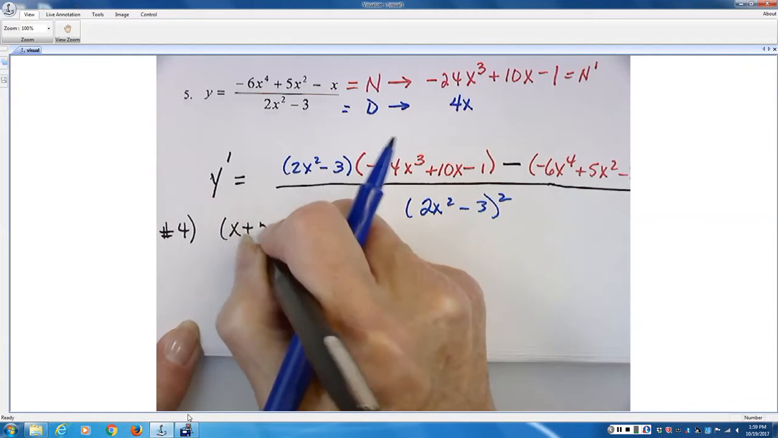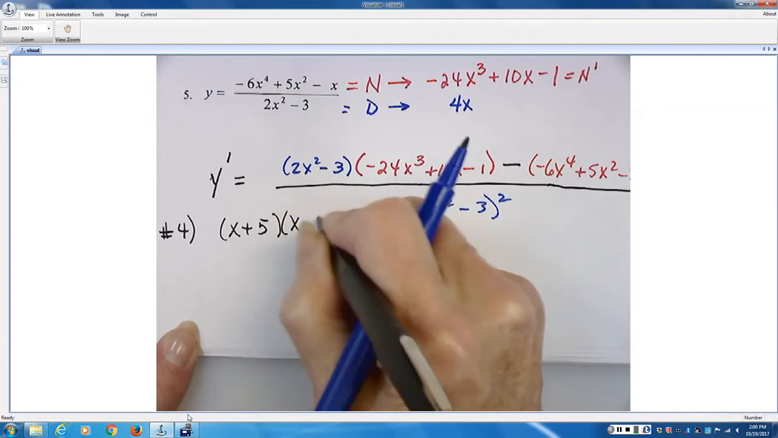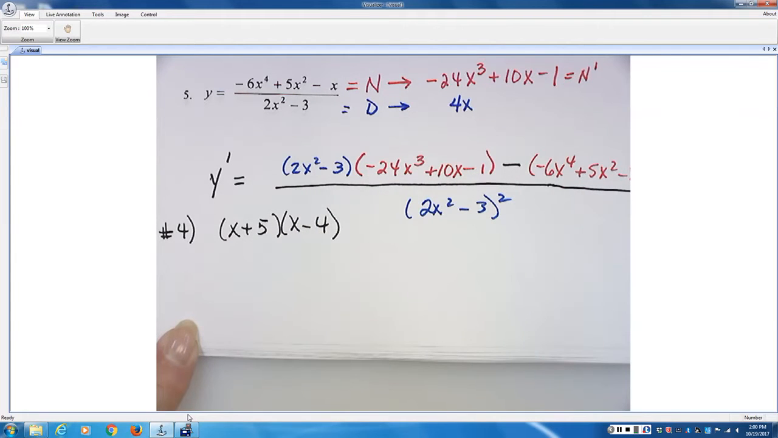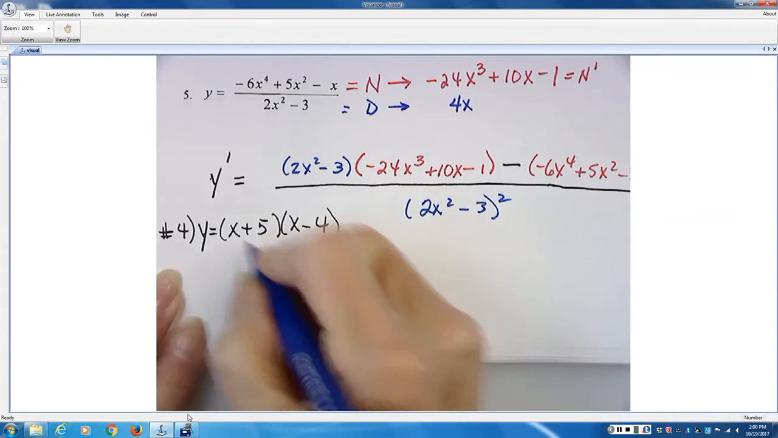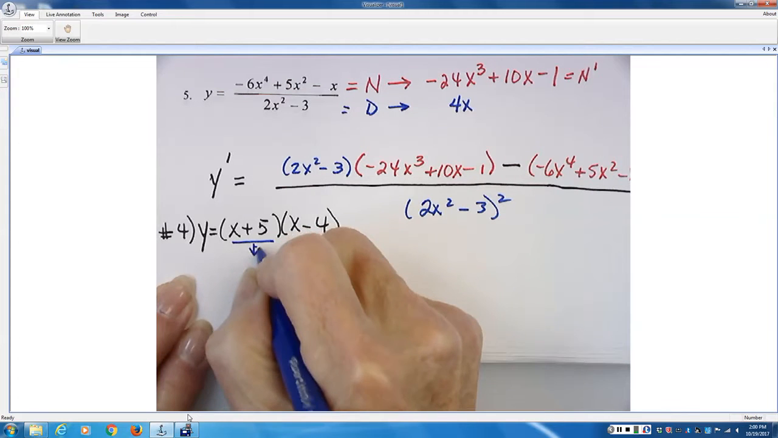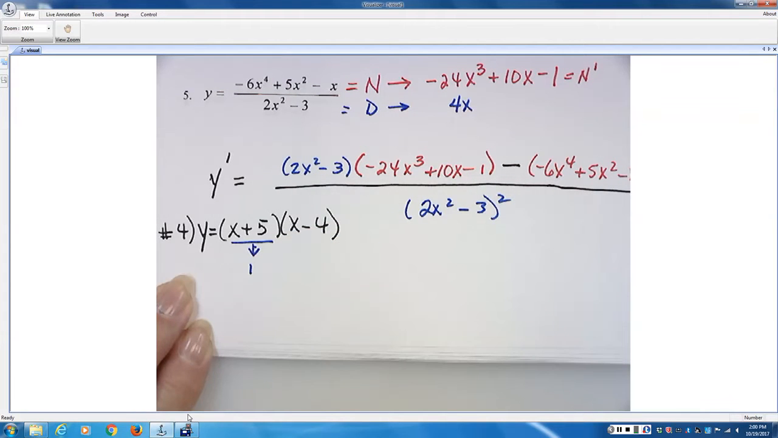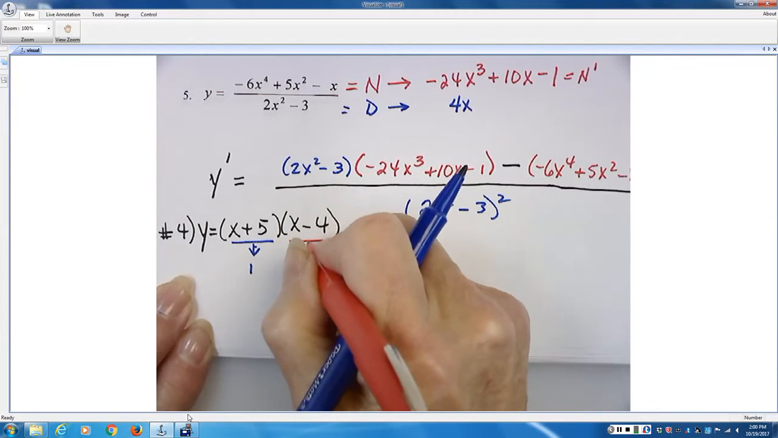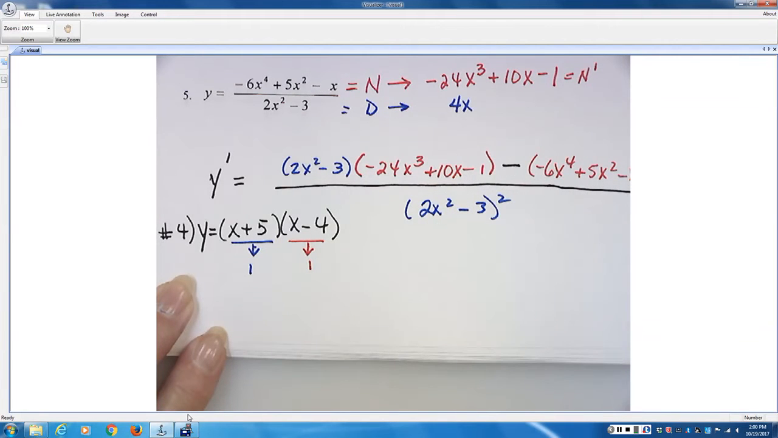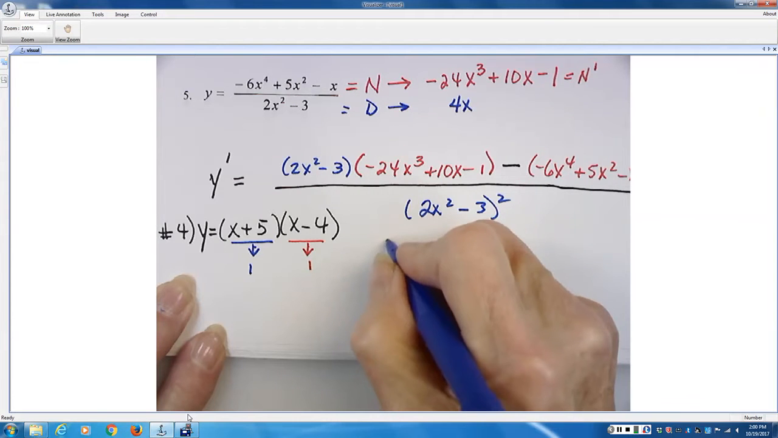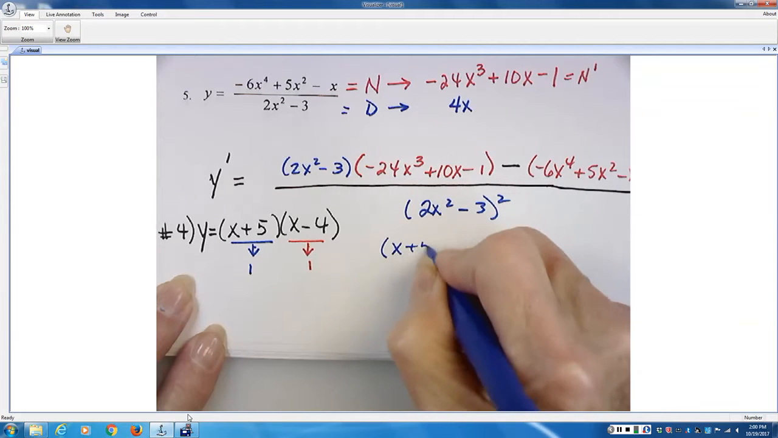x plus 5 times x minus 4. And the product rule, since this is y, product rule says take the derivative of the first factor, which would be 1. Take the derivative of the second factor, which in this case would also be 1, and then trade their derivatives with each other. So this is going to be x plus 5